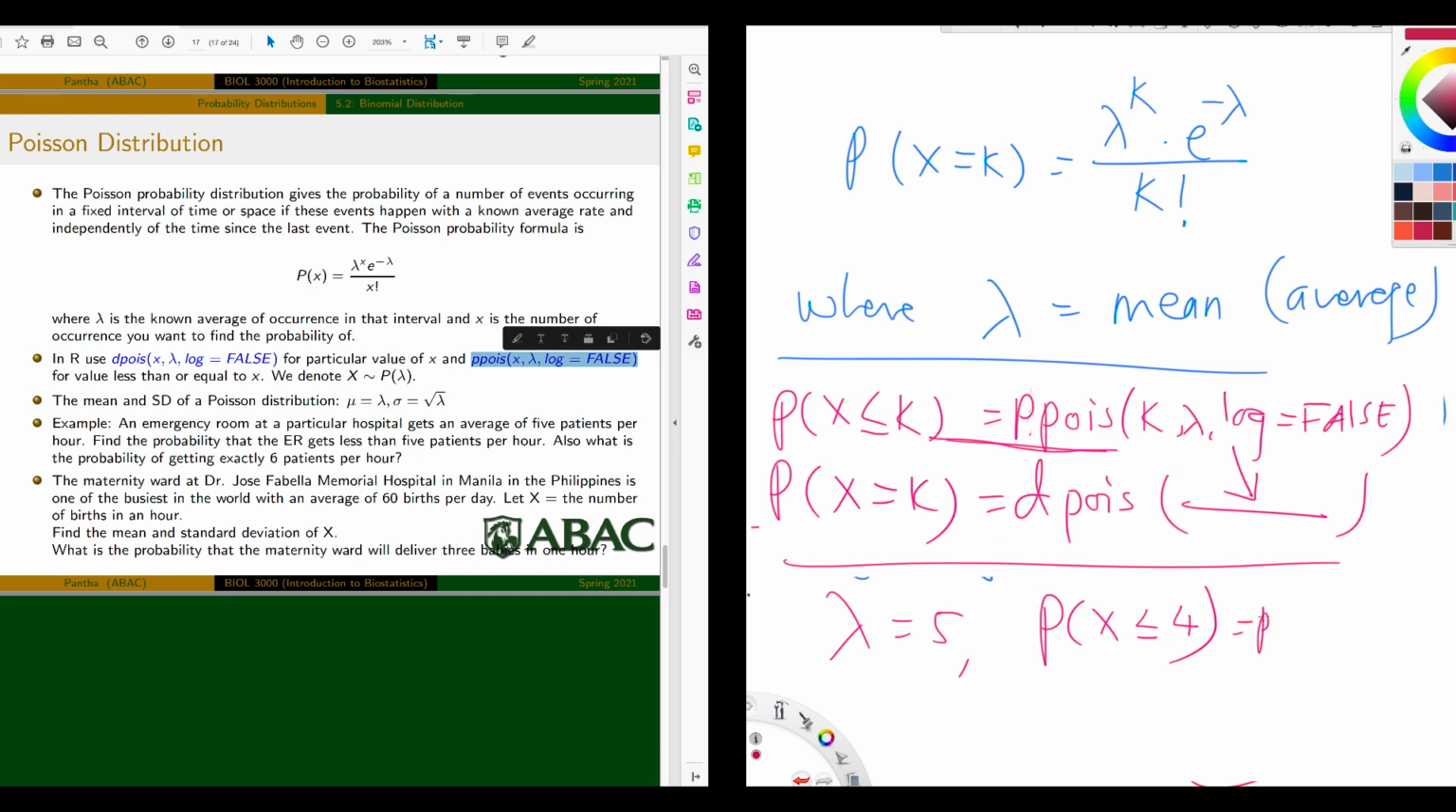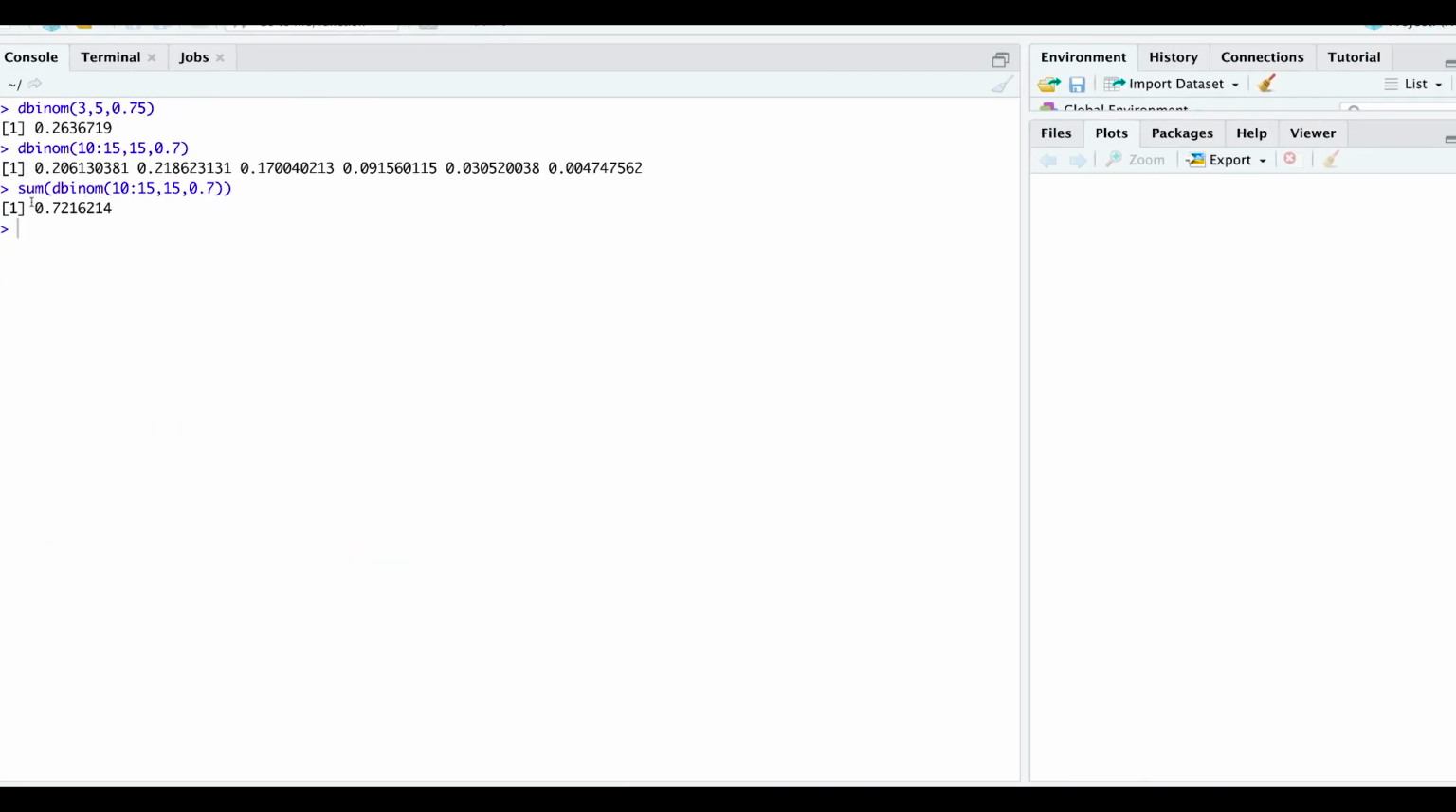So what do you need to do? ppois, k is 4, lambda is 5, and then log equals to false. That's what you do, right? So let me show you in R. You got ppois, your k was 4, and then mean was 5, and then log equals to false. And if you run that, you get